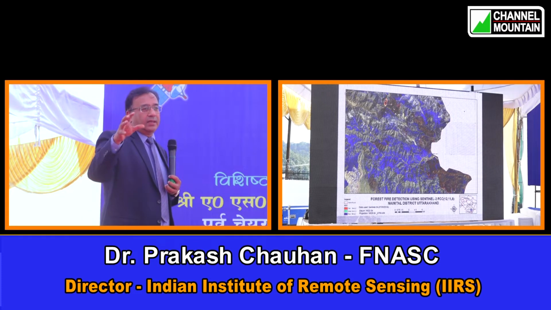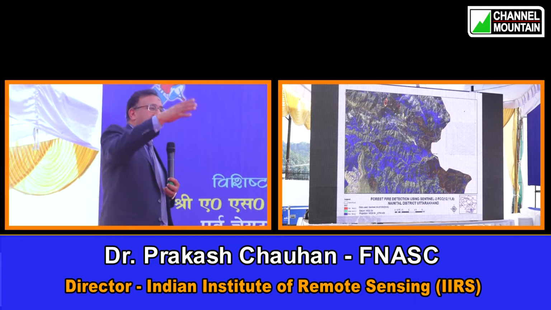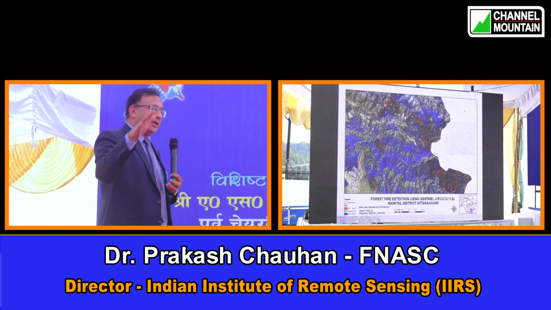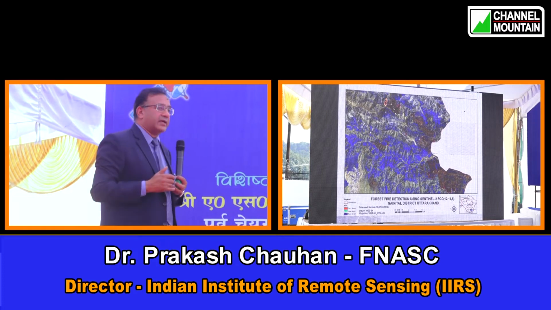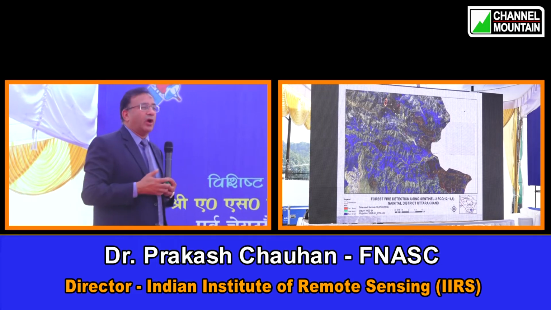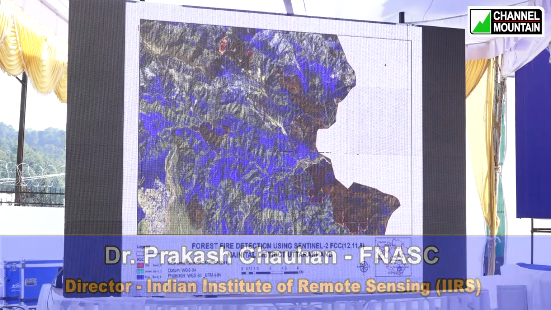A dashboard has been set up at a central location in Dehradun. They get an immediate idea of where in the state the forest fires are happening, associate this information with the satellite data, and then plan where to send deployments to douse the forest fire. Similarly, this solution has also been provided to the Jammu and Kashmir government.